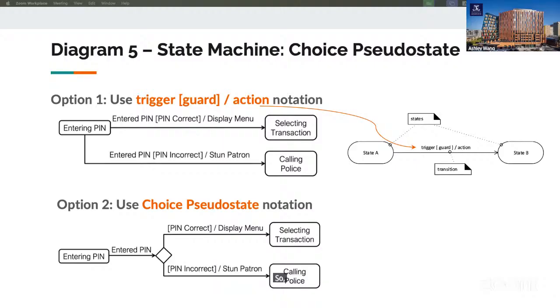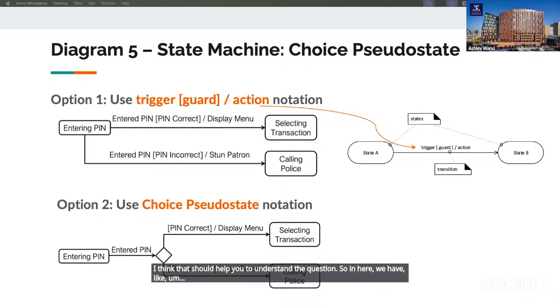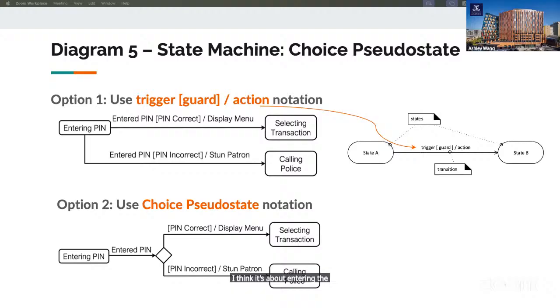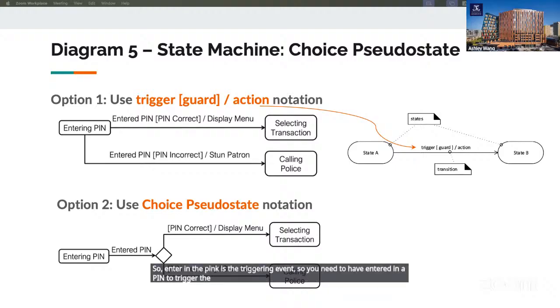So let's take this one as an example. I think that should help you to understand the question. In here, I think it's about entering the PIN for our credit card. So entering the PIN is the triggering event. You need to enter the PIN to trigger the state change, right?